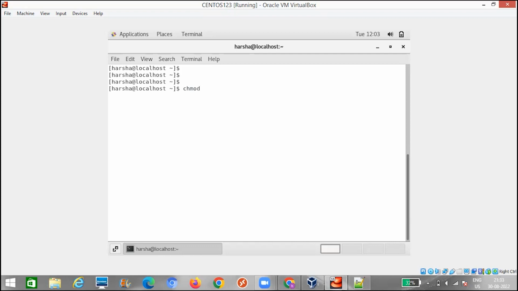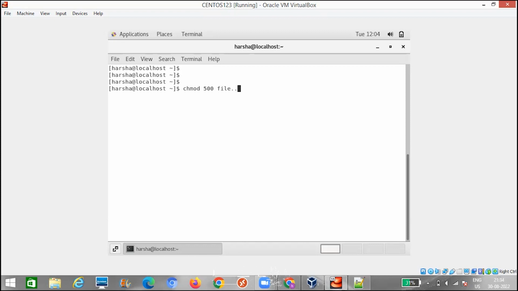I want to give read and execute permissions for the user. What is the number for read? 500. Okay, what you said is absolutely right, but I just want to reiterate: the number for read is 4. And I want to give execute permission also. 4 plus 1 is 5. And I don't want to give any permissions for the group and others. That's why I want to give 0 and 0.